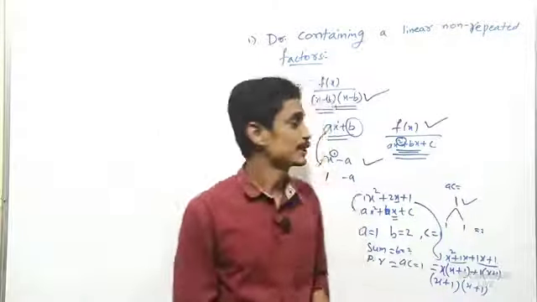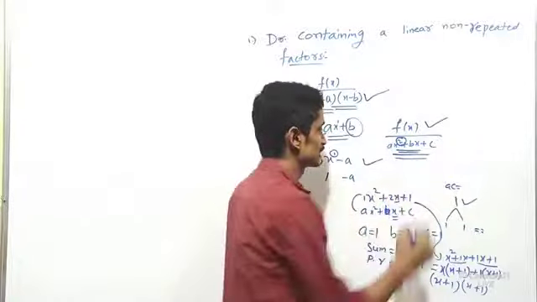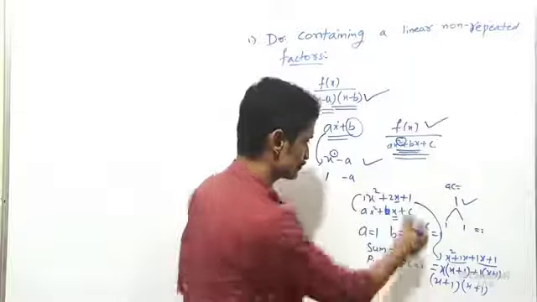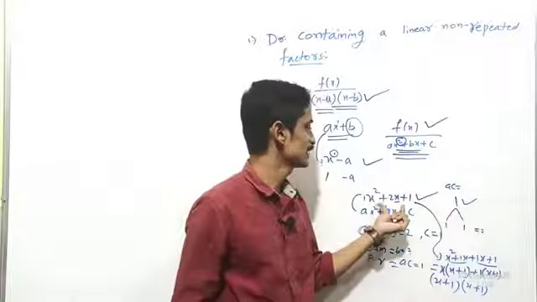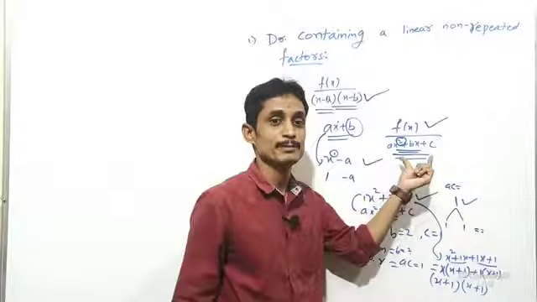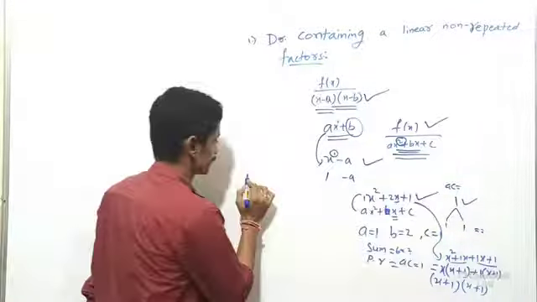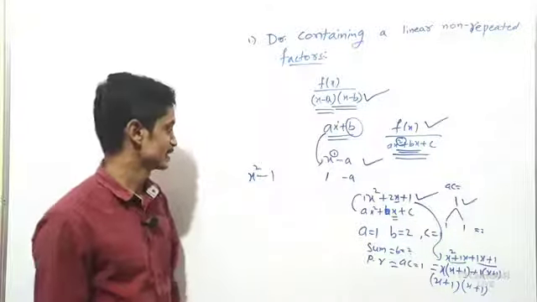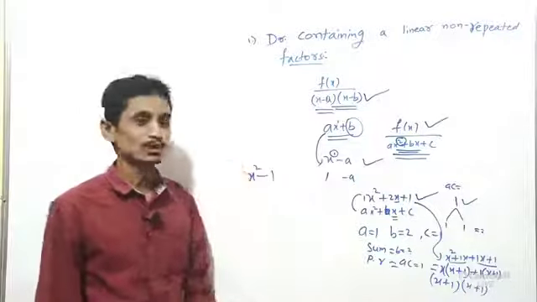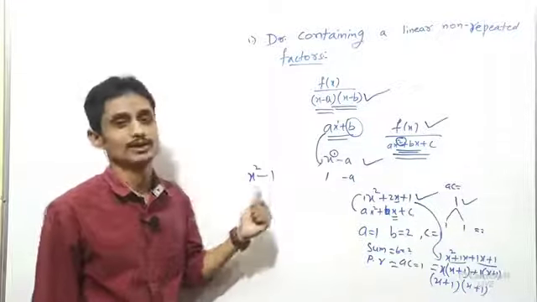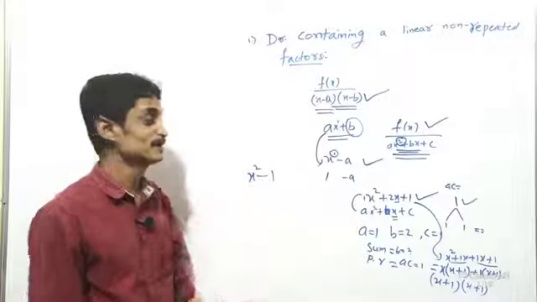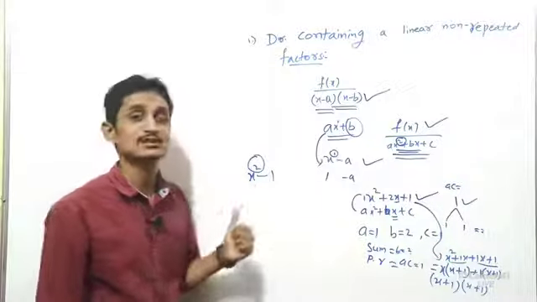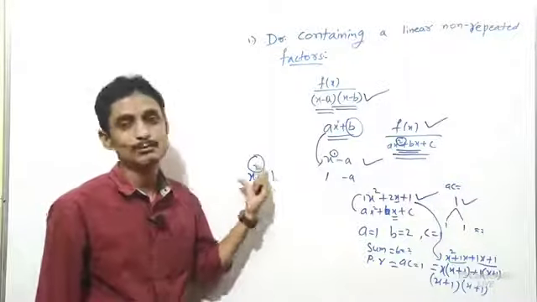The condition number 1 is whenever you get a quadratic polynomial, it must be a factorizable quadratic polynomial. This type of polynomial is considered a factorizable quadratic polynomial. One more, x square minus 1. Exactly, it is a polynomial, correct? Whether it is a quadratic polynomial or not? Yes, it is a quadratic polynomial. Why? Because the highest power of this polynomial is 2. That's why we can consider it a quadratic polynomial.